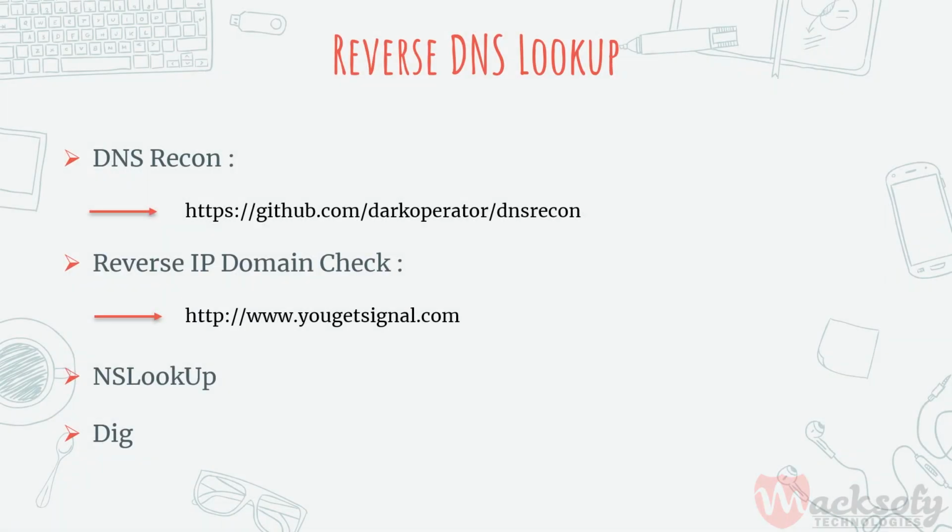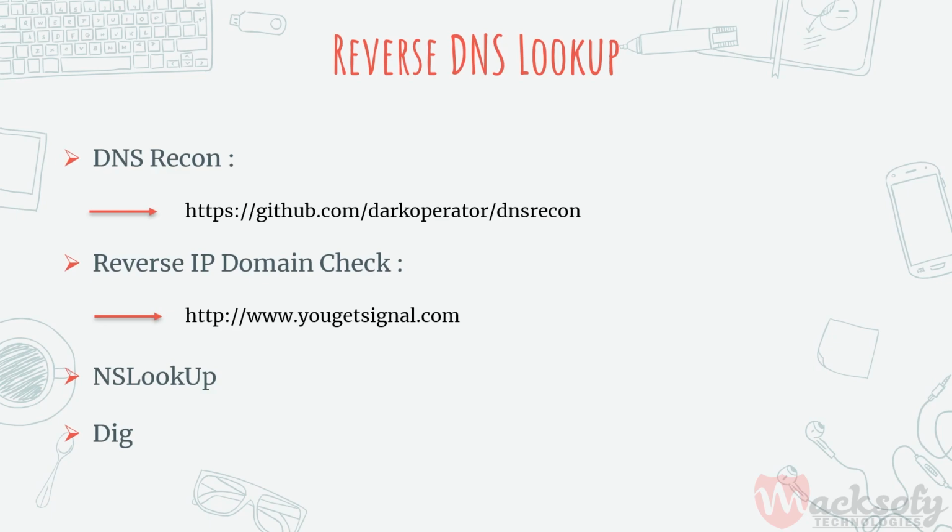Now, talking about the reverse DNS lookup. DNS lookup is used for finding the IP addresses for a given domain, and the reverse DNS operation is performed to obtain the domain name of a given IP address. When you are looking for a domain and type the domain name in the browser, the DNS converts that domain name into an IP address and forwards the request for further processing. This conversion of a domain name into an IP address is performed by a record.